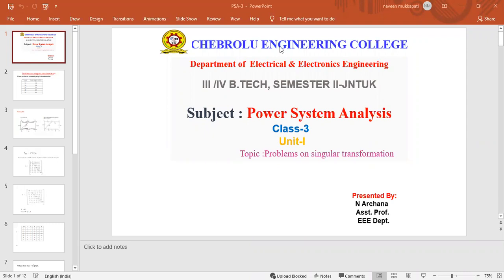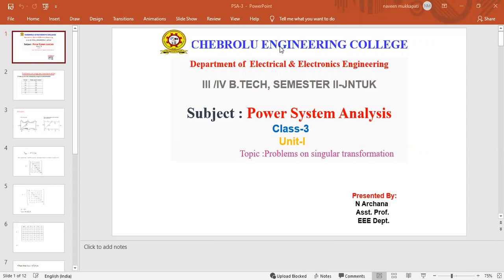In that case we use two methods, that is the KVL or the KCL. By using the KVL or the KCL we form the Y bus matrix, and in another method we form the mutual admittances and also the non-diagonal elements. Those are the two different methods in the direct inspection method. In the present class we are discussing the singular transformation.